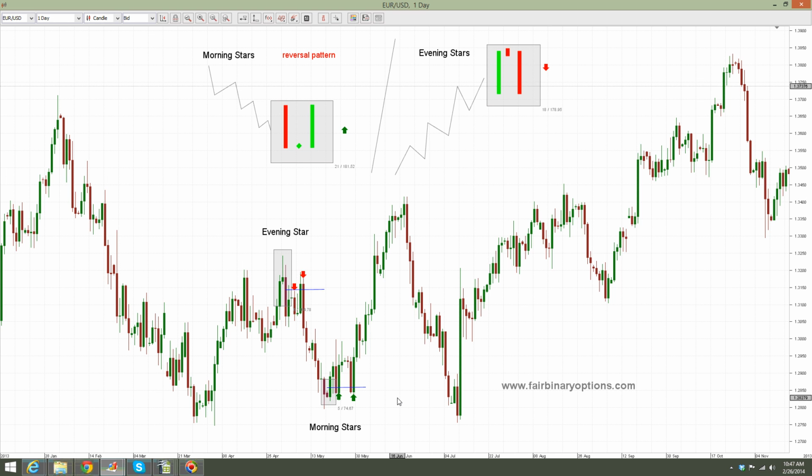Keep in mind that this is only the daily chart, only the Euro US dollar, but these patterns are extremely common on any given time frame, starting with the 5-minute chart and going to the weekly, monthly, 1 hour, 4 hour chart. So different expiration dates can be chosen based on it. So that would be the basics of how to treat an evening star or a morning star